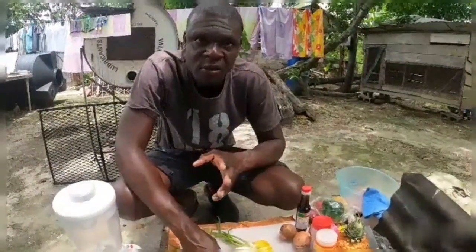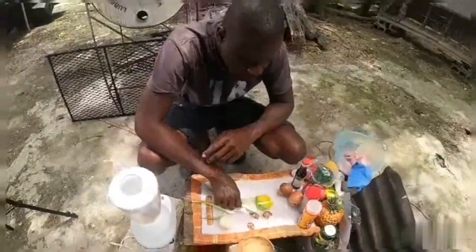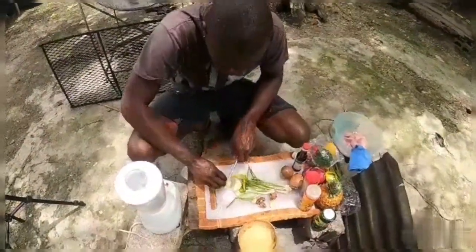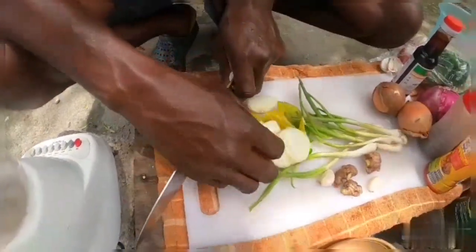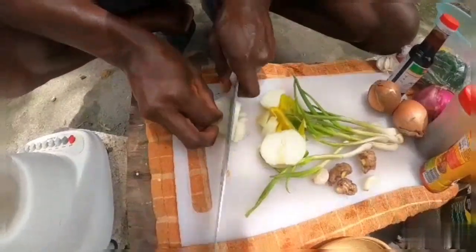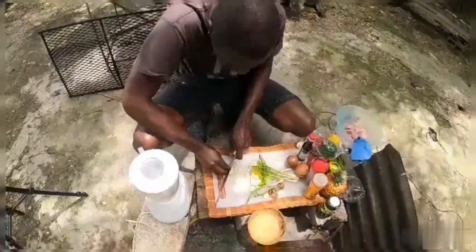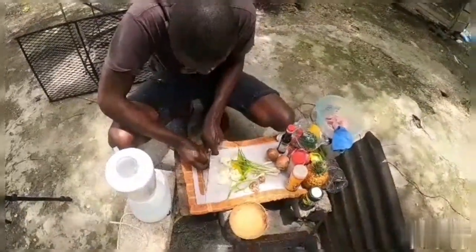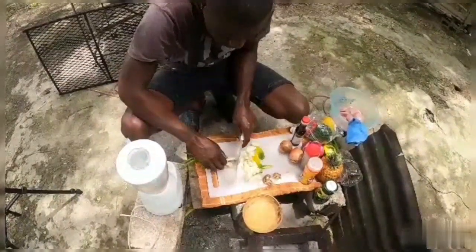So in today's video I'm gonna do a jerk chicken kebab. That's something simple and easy. So I'm gonna use some onion, scallion, bell pepper, garlic, ginger. So I'm gonna chop up the seasons, and it's to help with the marination of the chicken. So I'm gonna blend the season. So I'm using some scallion, 1 onion,